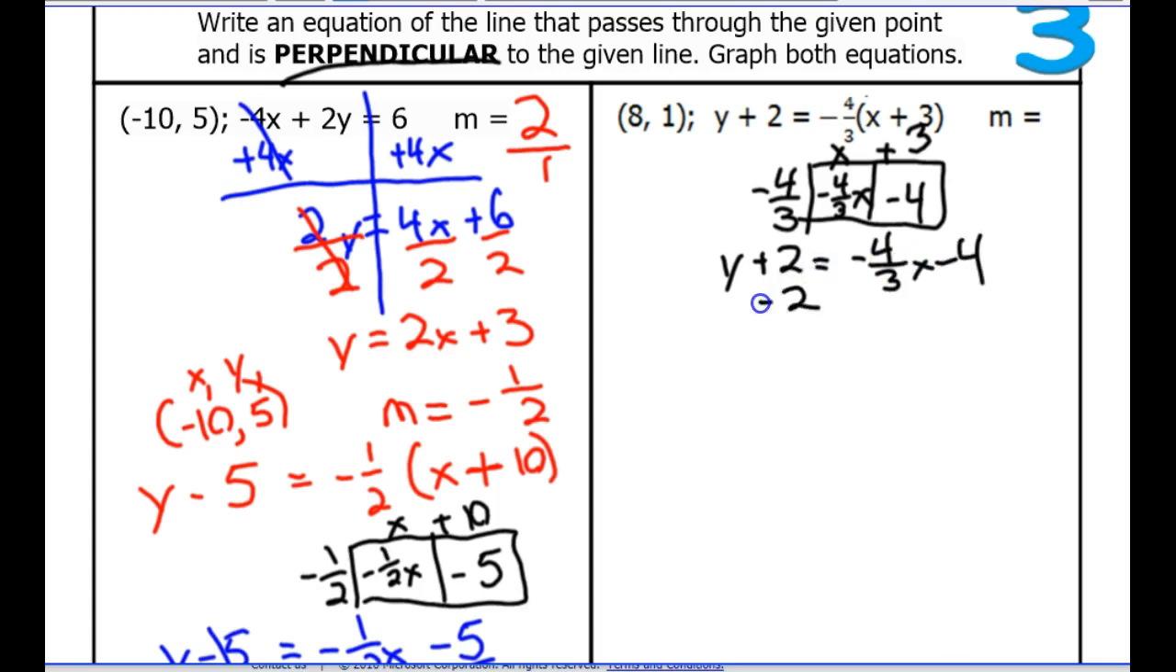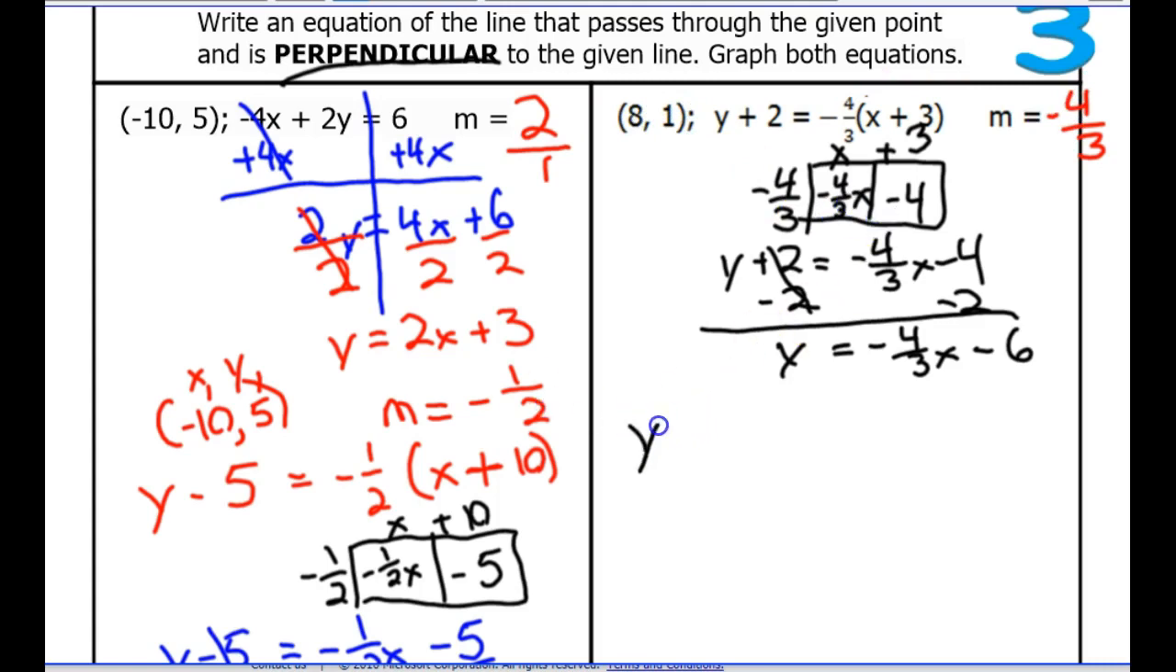Get y by itself, subtract 2, and subtract 2. What we get then is y equals negative 4/3 x minus 6. So in this case, our slope is going to be negative 4/3. Now we have to take our slope and our point and make a line that is perpendicular. So what we're going to do then is start by writing y minus y1. Our y1 is going to be 1